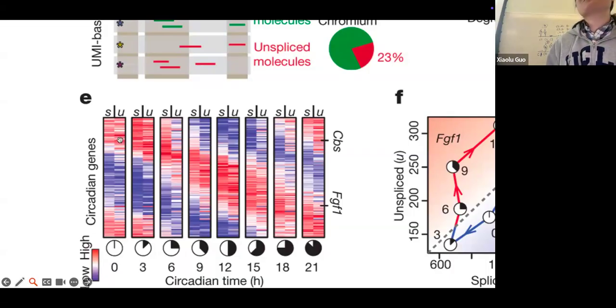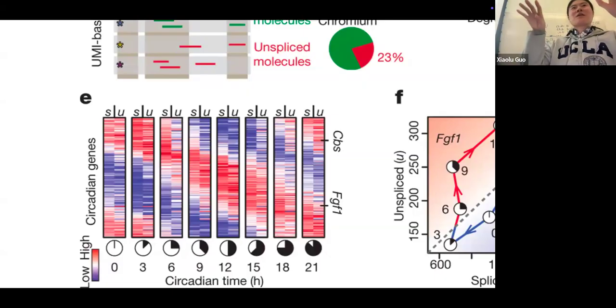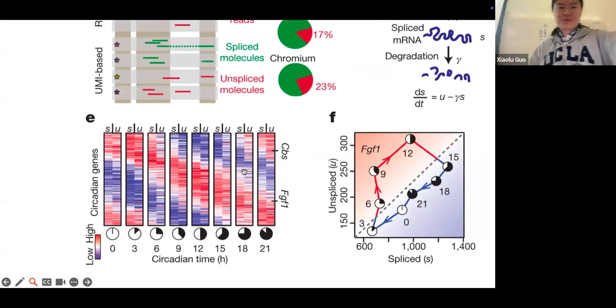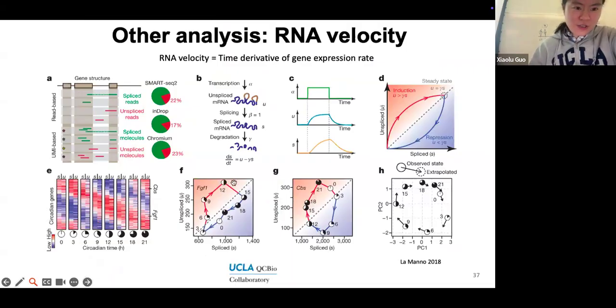So it aligns with the biological process that the mRNA is first transcribed and then spliced. You can see that actually in the data. So that's very cool. And then they can use that ratio to define the velocity, the rate of change